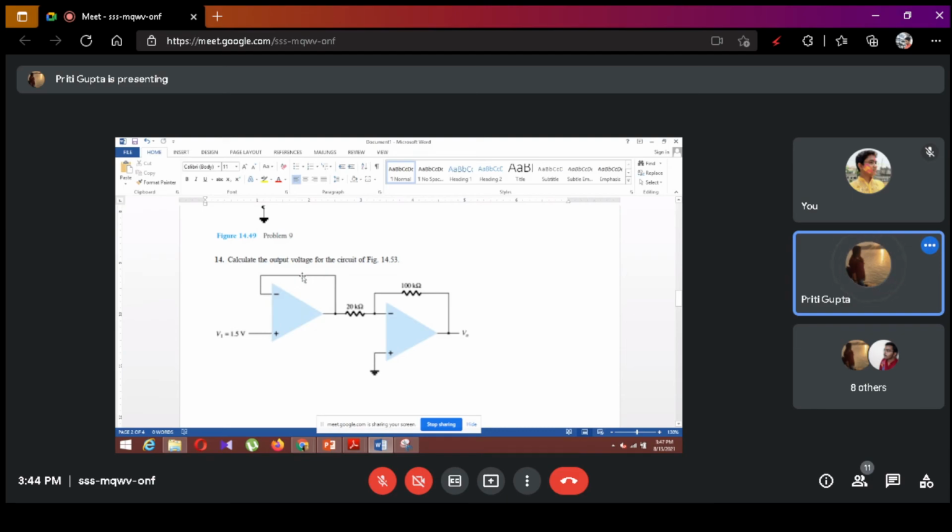At first, we will do this type of problem step by step wise. At first, just focus on this part. Just break here. We don't need to focus on the next part. Just break over here. Focus over here. Find out the V output at first and tell me what is the value of V output. For voltage follower, what is the formula?